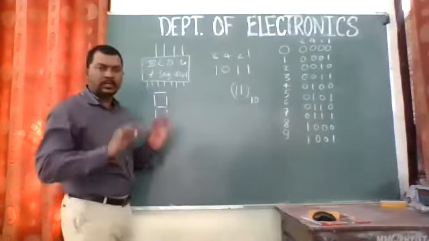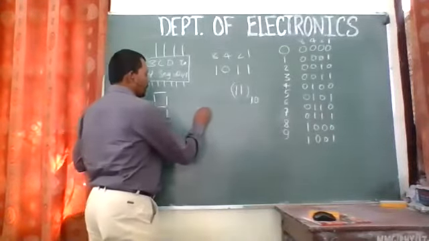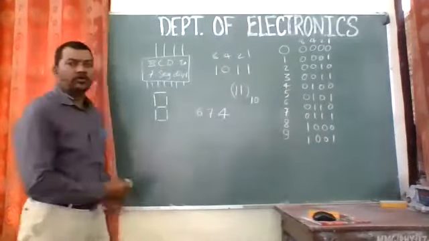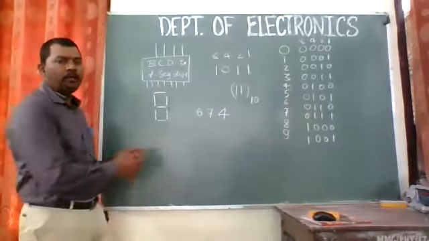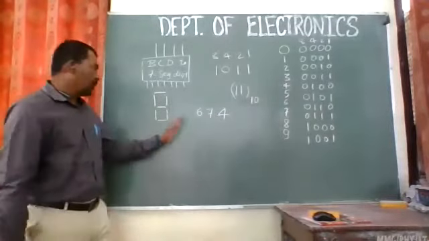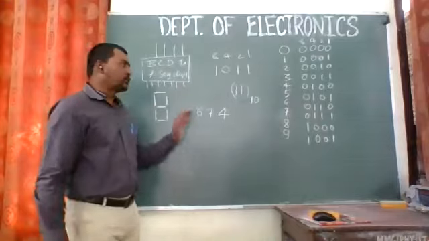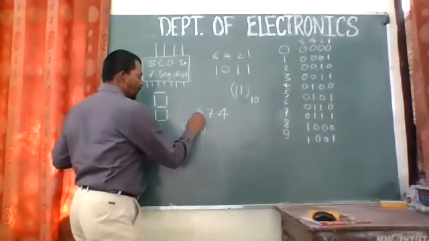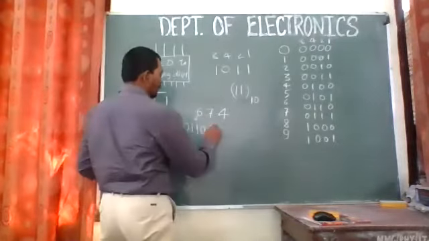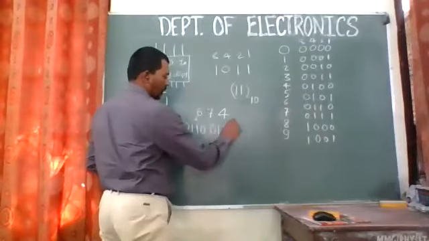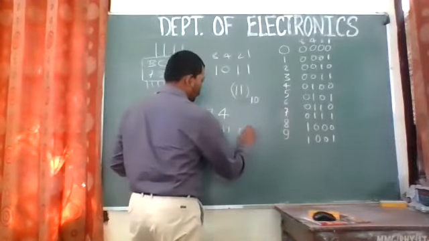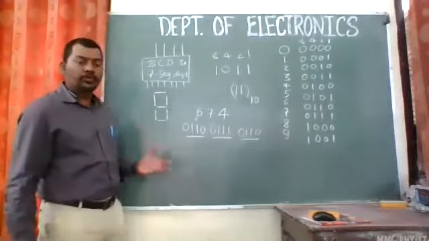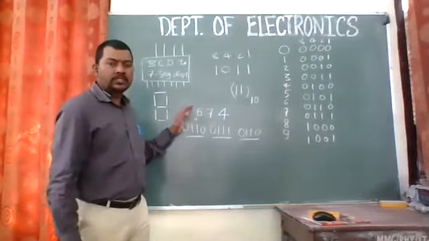So if I have a simple number I'm writing over here, like 674. This is a decimal number. So what I will do, I will have a 4-bit binary equivalent of these 3 digits. So for 6, I can write 0110. So this whole stands for only 6. For 7, I can write 0111, and for 4, I can write 0100. So these bits will give you the equivalent of this 674.